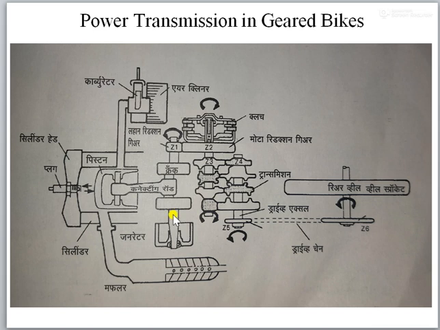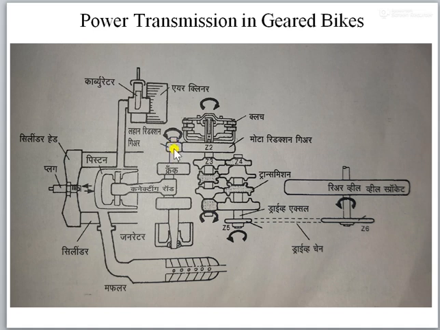If we look at both ends of the crankshaft, on this end of the crankshaft there is a magneto, or we can say an AC generator. The AC generator, or the permanent magnet, is located here. Simply, it is called a generator. Let it be a DC generator or an AC generator. It is a generator which is located on one end of the crankshaft, and on the other end the transmission system is there.